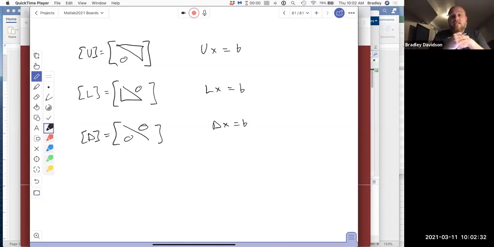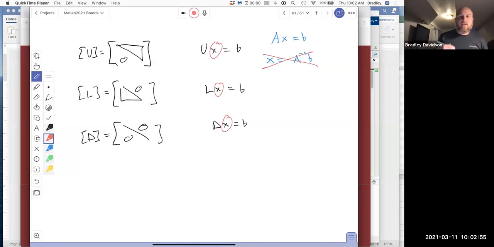These are the triangular or diagonal matrices that would allow us easy solutions to our system, because ultimately we want to solve for these unknowns, the x's. And this whole theme that we've been getting at is that when we have a system Ax equals b, we want to avoid having to take the matrix inverse. And so we concluded last time that anytime we have an upper triangular matrix,